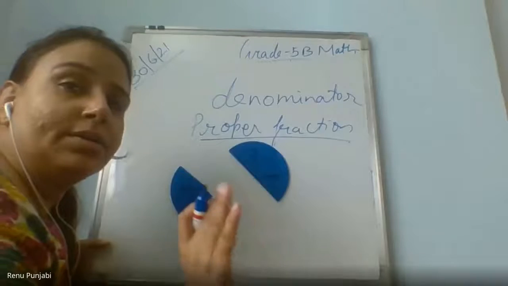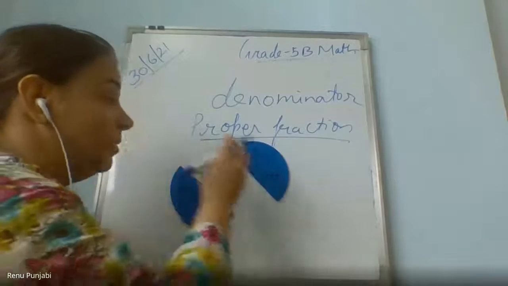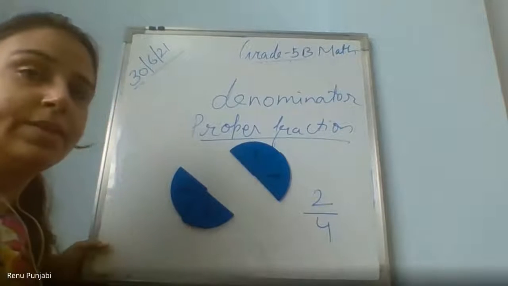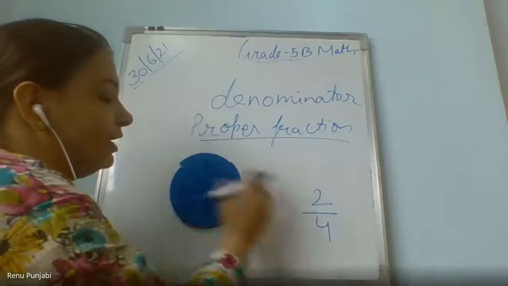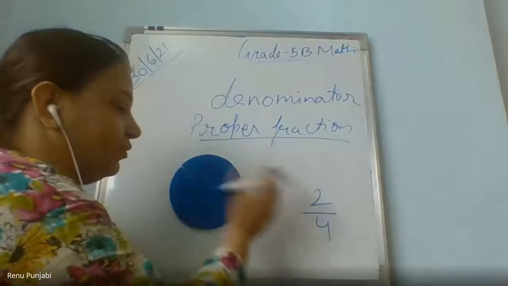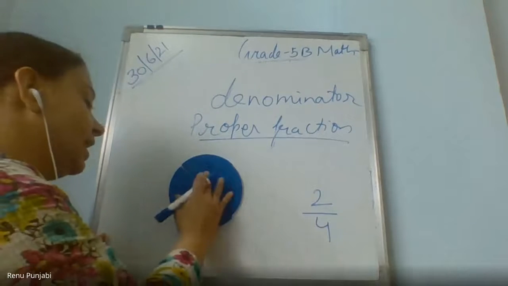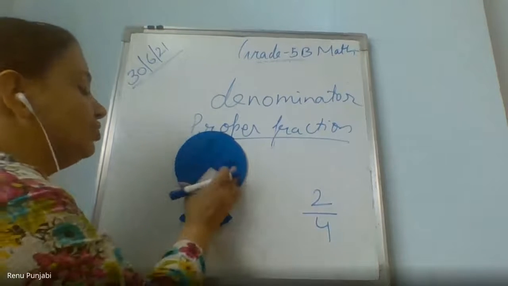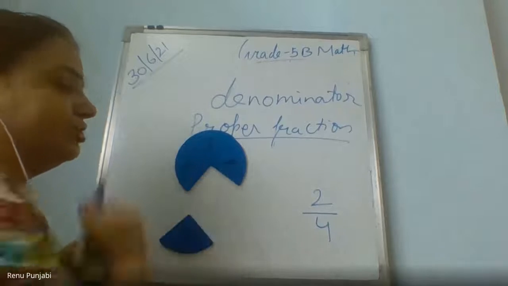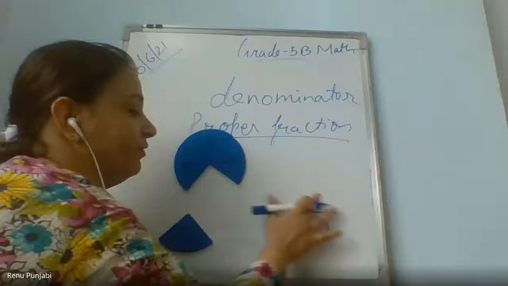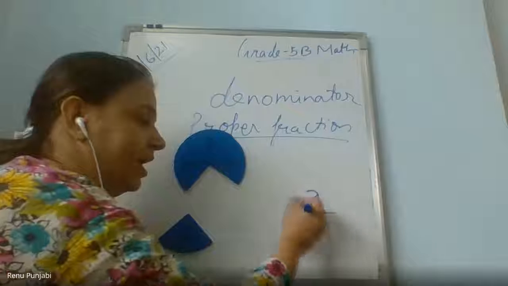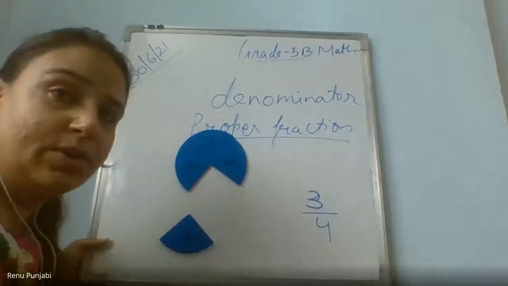Wrong. Samriddhi, you tell me how much part I have given you? 2/4. Okay. 2/4, इसका करना तो possible हो गया because out of 4 parts we are talking about 2 parts. फिर again, if I give this much part to Ayush, how much part have I given to Ayush? 3/4. ये भी possible हो गया. ठीक है? ये भी possible हो गया.